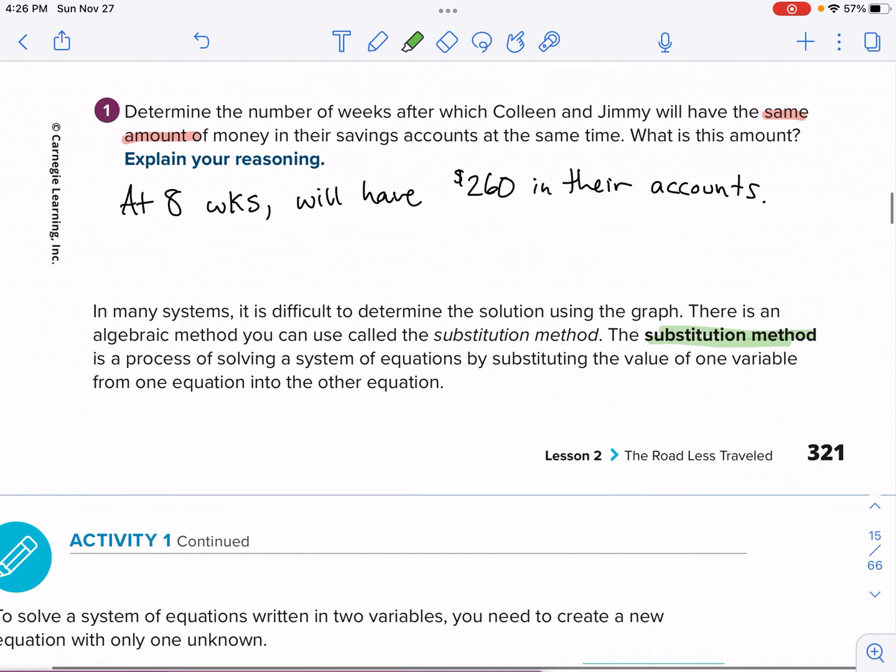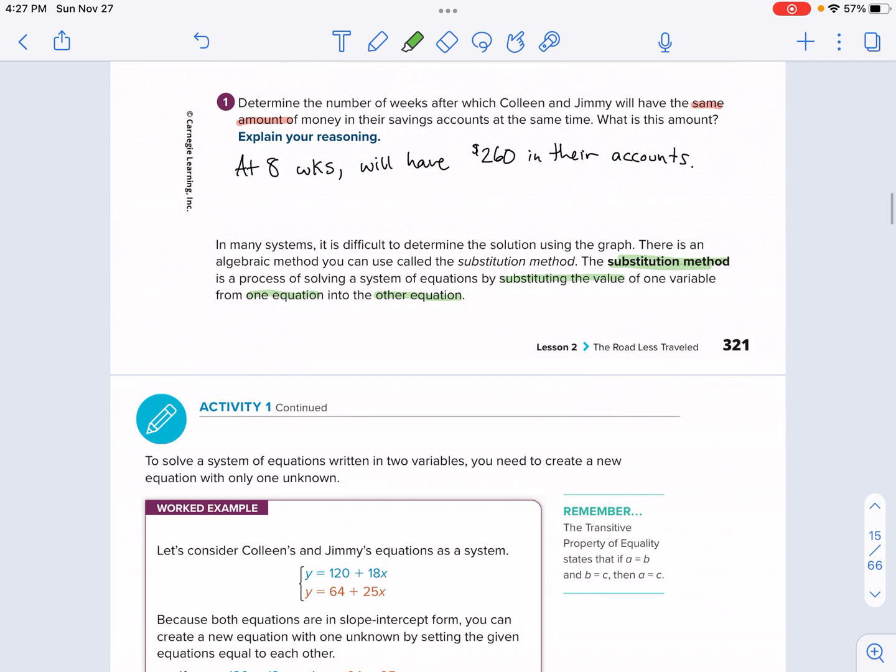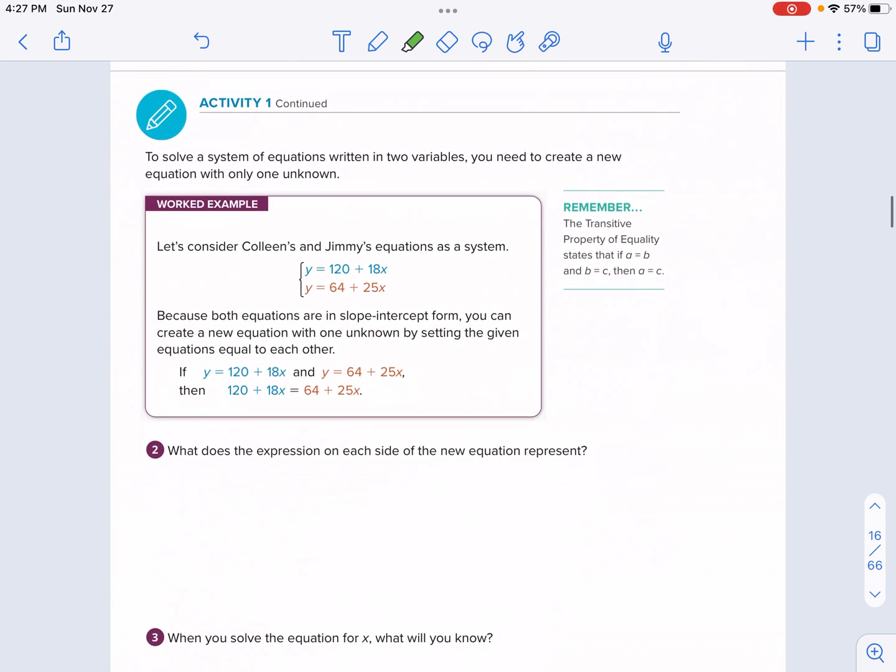The substitution method is a process of solving a system of equations by substituting the value of one variable from one equation into the other equation. So we're going to say one equation into the other equation, and we'll put substituting values also. So what it is, you plug in one equation into another equation. Like if you're familiar with Inception, that's like a dream within a dream, right? This is an equation in another equation. There's going to be a lot of steps with this, and we're going to go through really one example here. All right, so let's go to the next page,